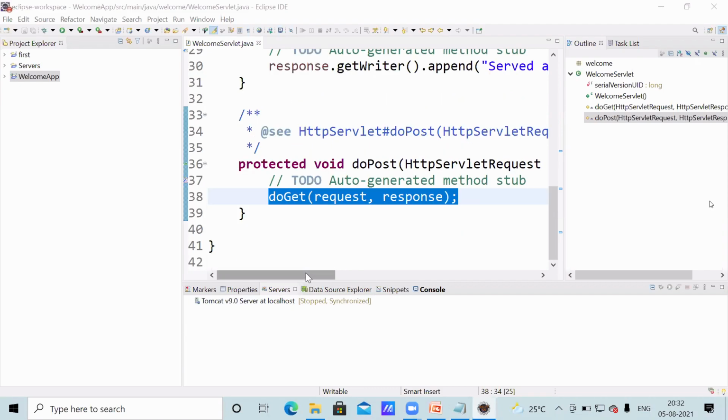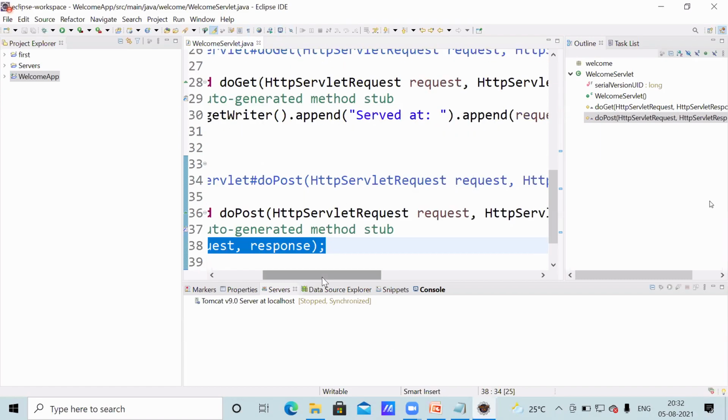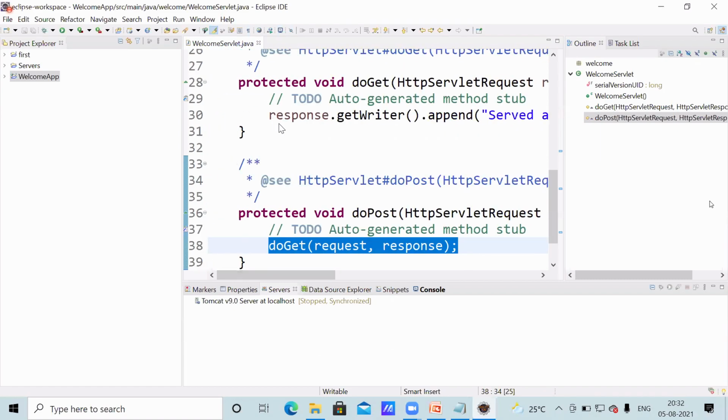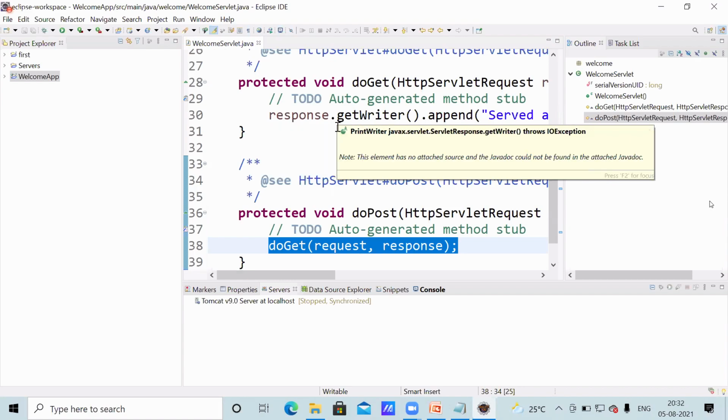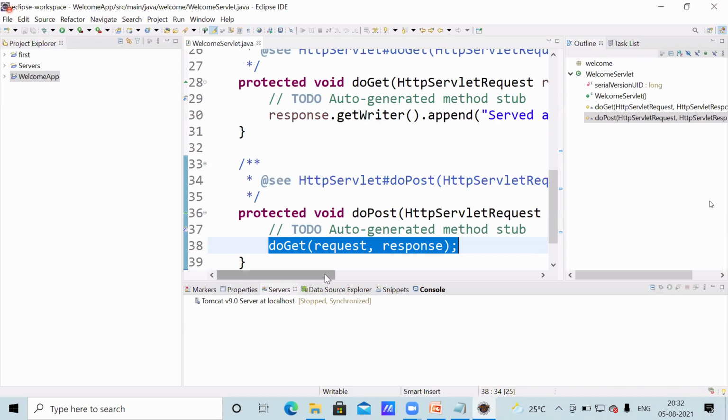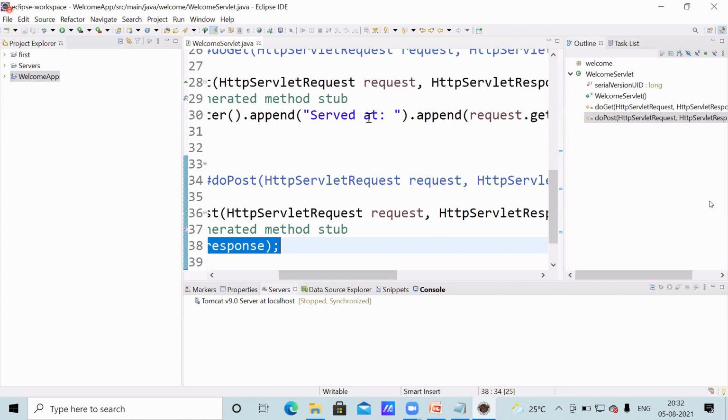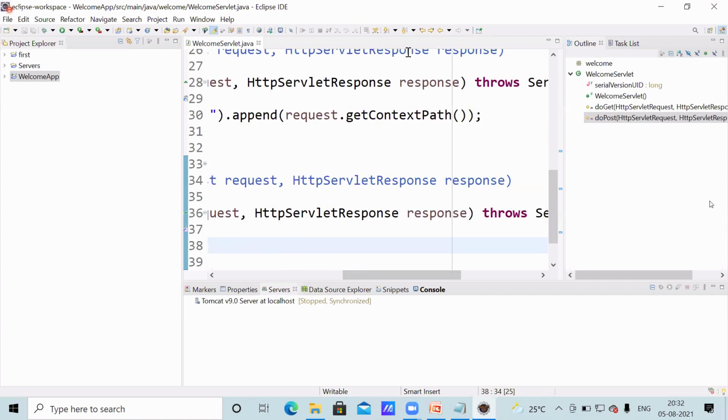Here you have to observe what is there in the welcome program. See, response.getWriter. response.getWriter means PrintWriter. For the PrintWriter, append is called. The context path comes as the output. Whatever context path we gave will come, no? That is the output that comes. If you want to change the output, you can change it.